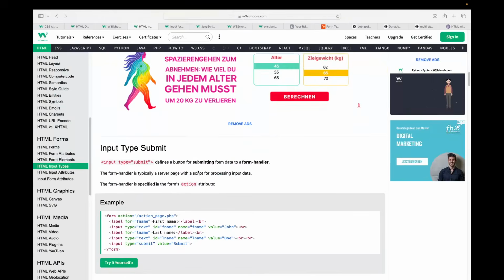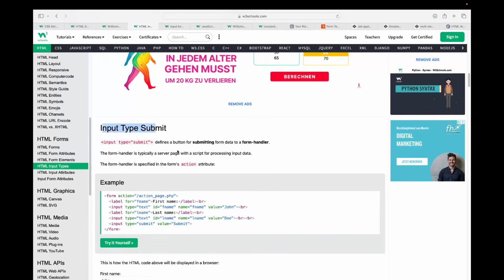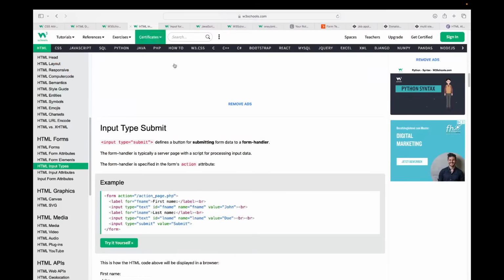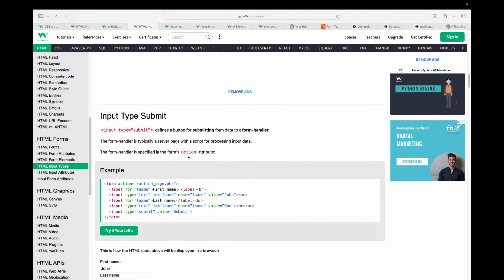Next thing after this one, submit button. We already have used this submit button in our HTML document. We have not styled this submit button. You can see in this corner of my screen, it's very small, but we will style it today as well, and we will try to make this spin over there. So the input type submit is there, and remember one thing, input type is submit, value is submit,